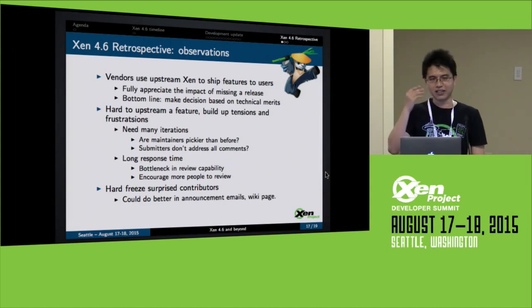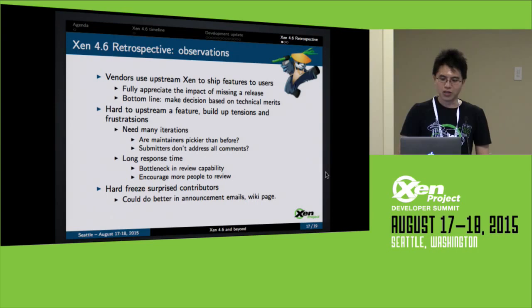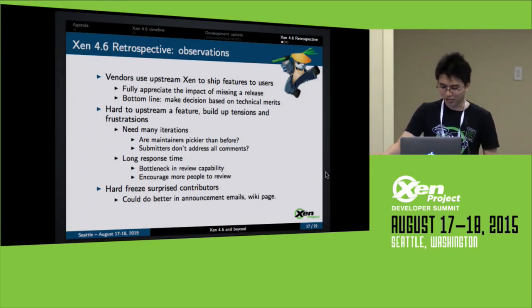And then I also think I, as a maintainer and release manager, and all the other maintainers and contributors may all have the feeling that it's getting harder and harder to upstream a feature in Xen. That builds up tension and frustration during the process, which is not good in the long term. Normally now, if you want to upstream a big feature, which involves complex design and many code changes, you would need many iterations.